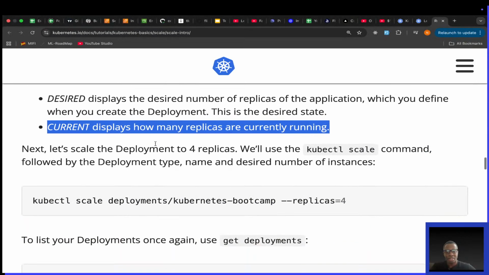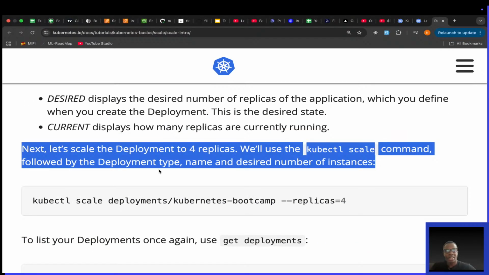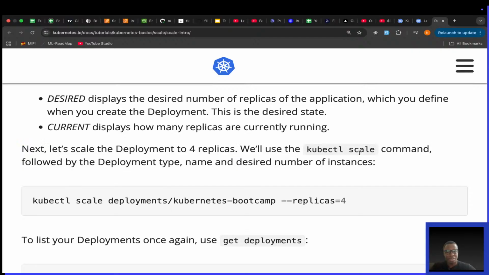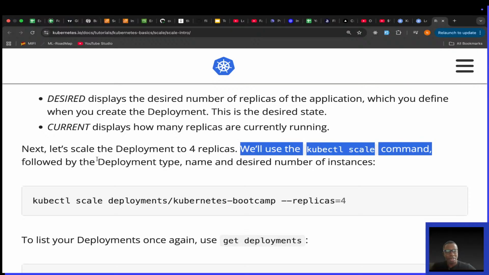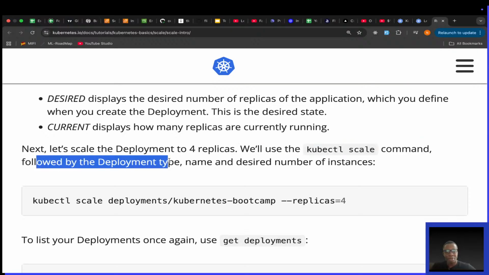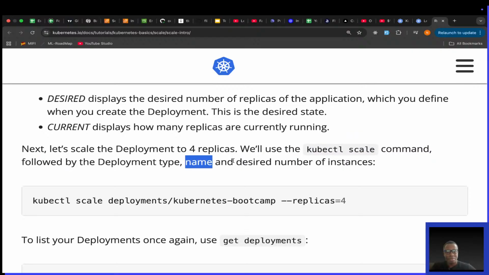Then they're saying next, let's scale the deployment to 4 replicas. We'll use the kubectl scale command, followed by the deployment type, name, and desired number of instances. So we're going to create 4 replicas. We'll use the kubectl scale command, followed by the deployment type, name, and desired